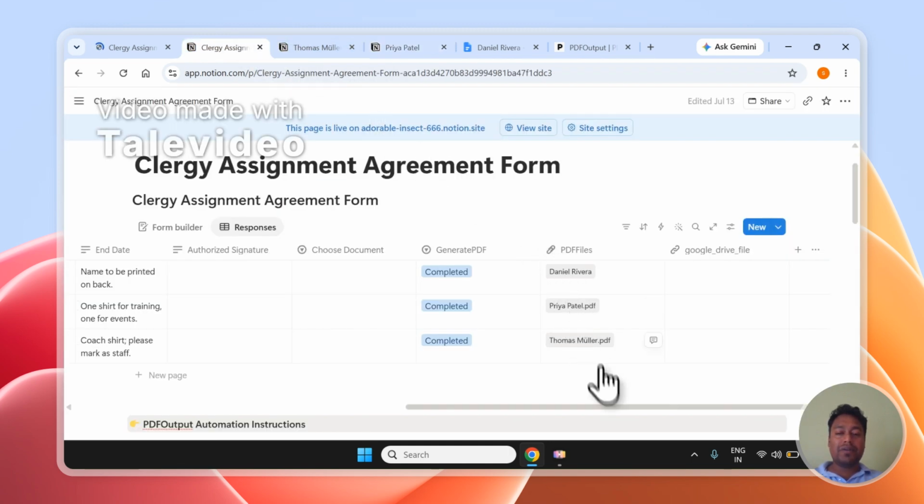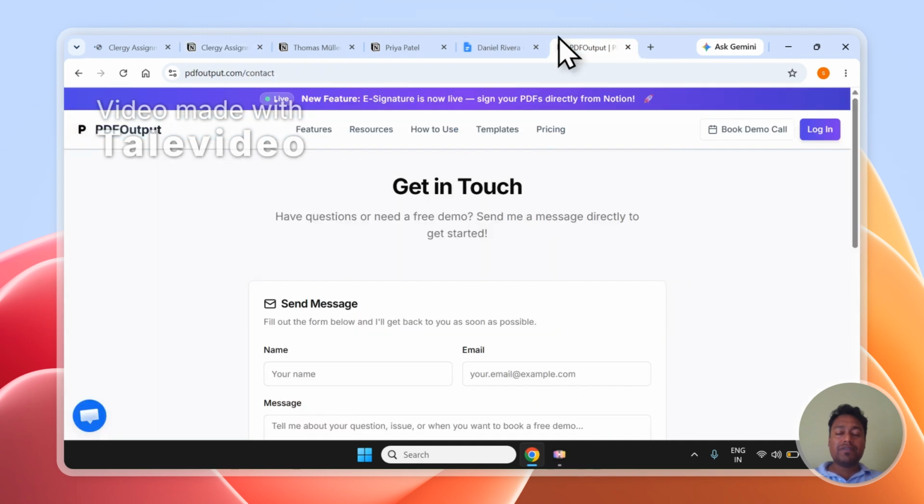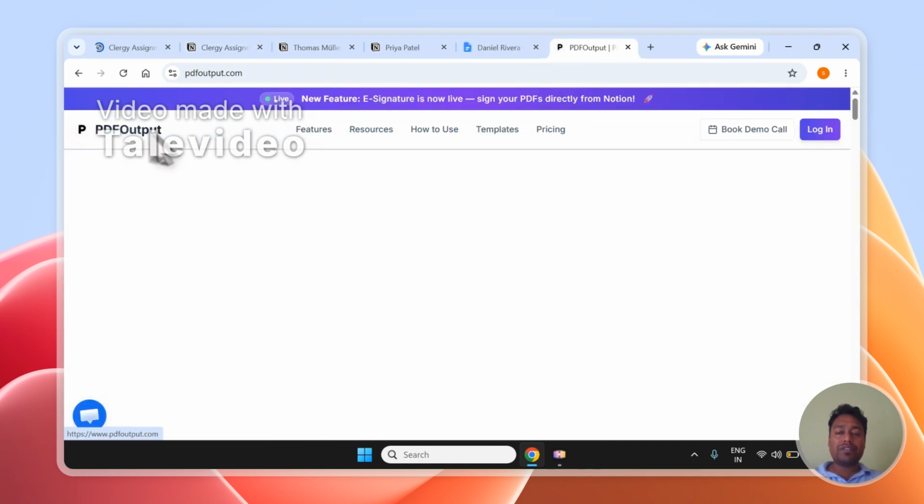So this is how powerful PDF output is. Simply add your records and mark your record as ready to generate. It will be converted to a PDF file. So that was it from the demonstration perspective. If you have any more questions on this,